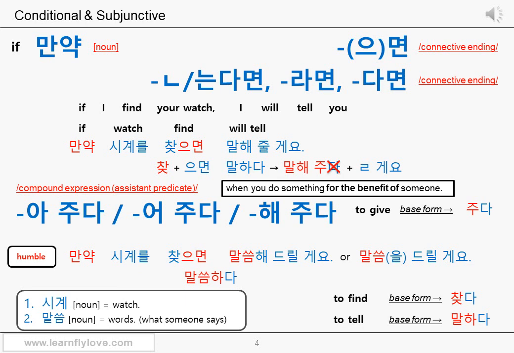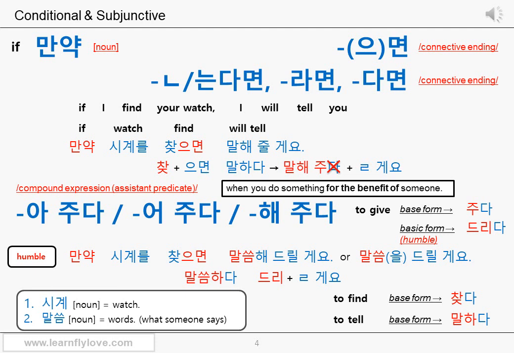Let's see the 드릴게요 part. It's the combination of the verb 드리다 and the final ending 을게요. What is 드리다 then? 드리다 is humble form of the verb 주다, to give. It's not a higher respect form. It's a humble form. It makes the subject, I, humble, so that you can show more respect to the object or the listener, you. So by making yourself humble, you can show higher respect to the object, you.